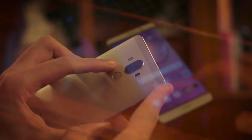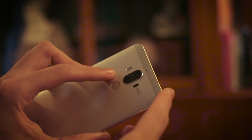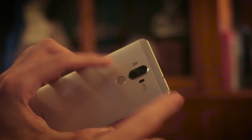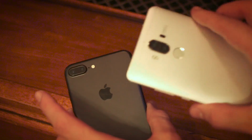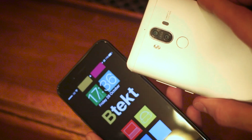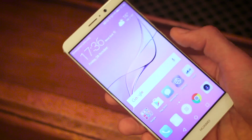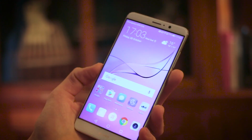Both have dual cameras around the back, 20 megapixels, one color, one black and white on the Mate 9 with an 8 megapixel front camera versus a dual 12 megapixel camera on the back with one having a 2x zoom. You've also got a 7 megapixel front camera. As for what the difference is, we're going to have to wait till we get the Mate 9 in for something a little bit more conclusive, but what we can definitely say is Huawei has a host of shooting modes,